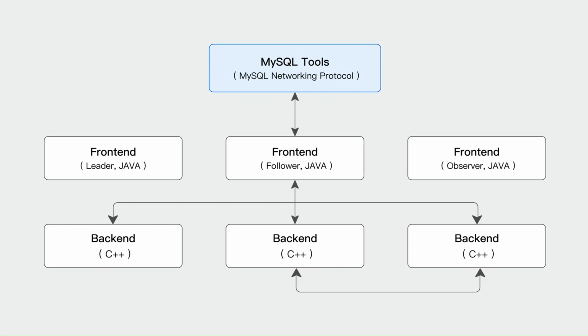Apache Doris is actually super compatible with the MySQL protocol, which makes life easier for anyone familiar with MySQL. It fully supports standard SQL, so you can use your favorite client tools or seamlessly integrate Doris with BI tools for analysis and reporting. As for the architecture,